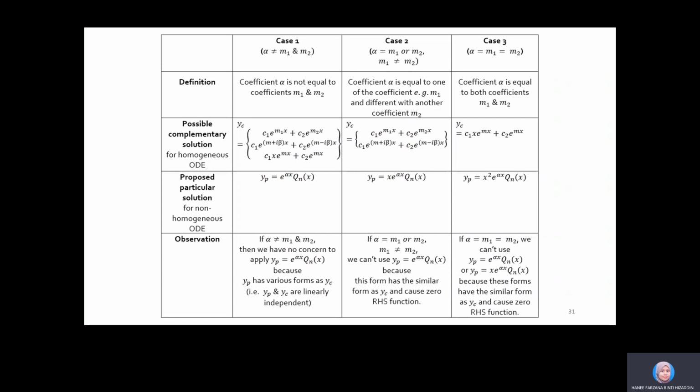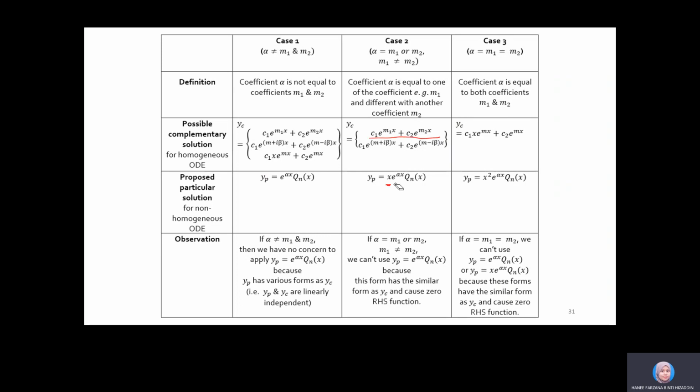So this is step number 3. You check whether yp and yc are linearly dependent. This is what I just mentioned, and this table just summarizes it. For case 1, alpha is not equal to M1 and M2, so you just follow, you don't need to do any modification to the yp. But let's say M1 and M2 are two distinct roots, however your alpha is equal to one of them, either M1 or M2. Depending on which one it is the same as, you just put an extra x in front,